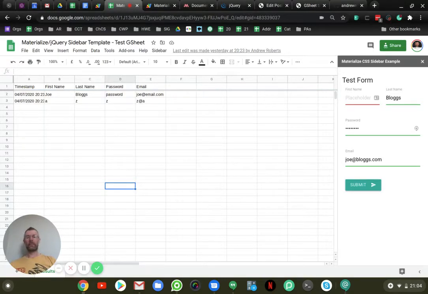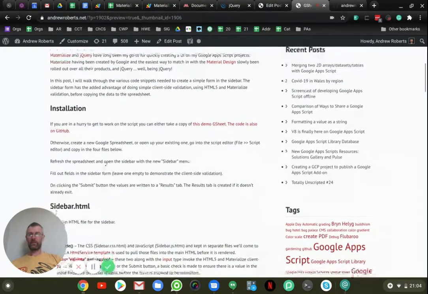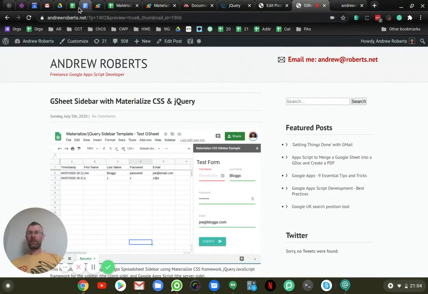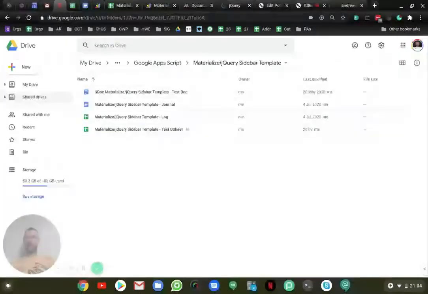I'm a freelance Google AppScript developer, and today I wanted to walk you through creating a sidebar in a Google Spreadsheet using the Materialize CSS framework and the jQuery JavaScript framework. So what we'll be working towards is what I've got demonstrated here. But what I'll do is take you through step by step based on the blog post, which has got the code in it. Okay, so if we start with an empty sheet,